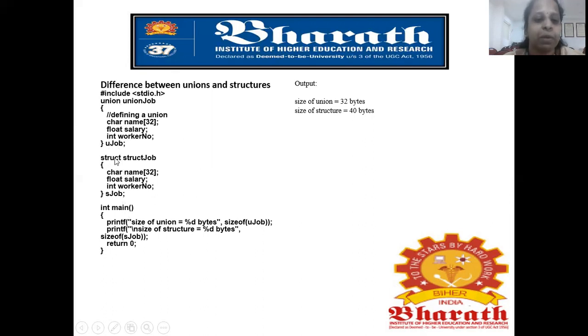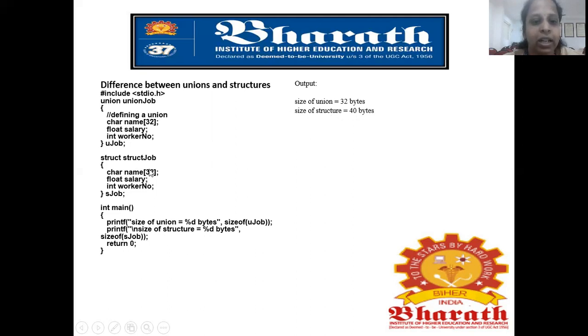Structure is declared by using the keyword struct, and I've given a name for the structure. Whatever fields are present in the union, I'm using the same fields in my structure. First is name, that is 32. Next is salary. Next is worker number. Each one is assigned separate memory in my structure.